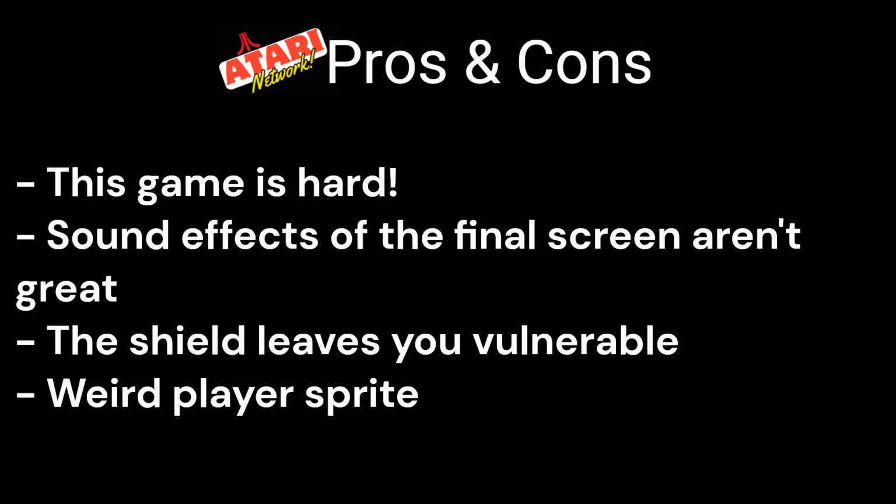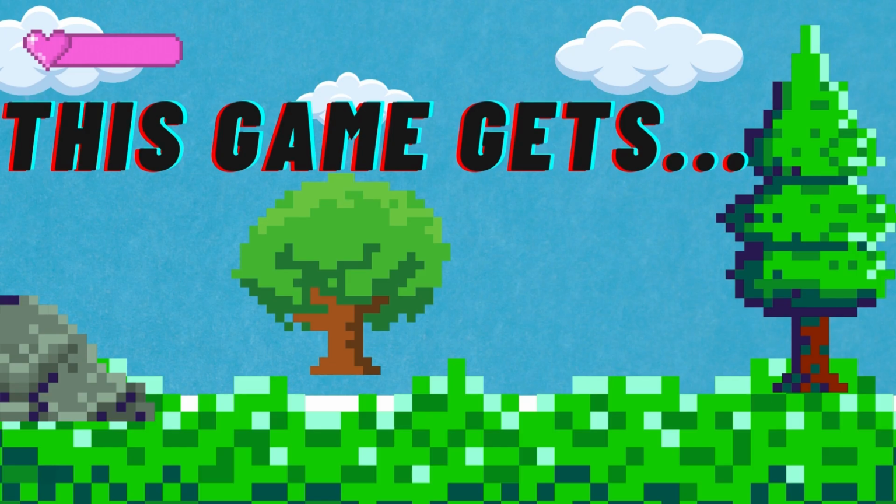But there are some cons we need to go over, like the fact that the game can be really hard. You need to be up for the challenge. The final boss sound effects are by far the most annoying. I do like the shield, but it's too difficult to be blown up when it disengages, making its usefulness limited. Also, what's up with the player sprite? Seriously. But with all that said, I think it's fair to give the port of Phoenix for the Atari 2600